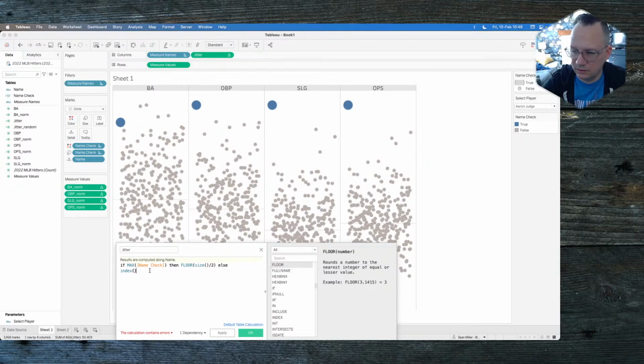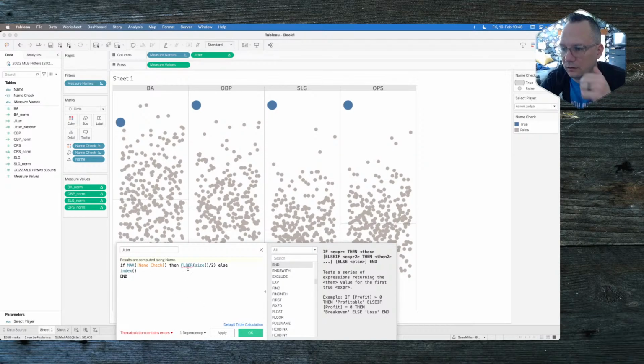Else, index end. Floor cannot be assigned. Okay, how about round? There. If max name check, name check is a Boolean, the max value of Boolean is true. That's what we want. So if name check is true, then take the entire size